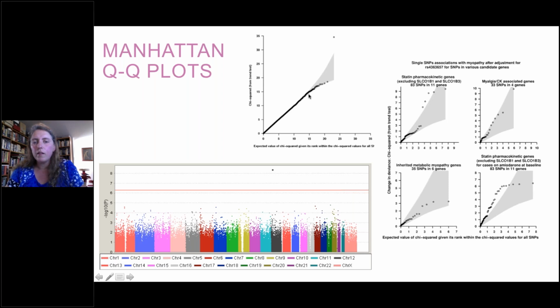We've got all of these 300,000 dots here corresponding to our polymorphisms. If you've got a dot within this shaded area, that's what you would expect. But you can see there is a sole character up here. So this is further evidence that this p-value might be corresponding to a true association worth further